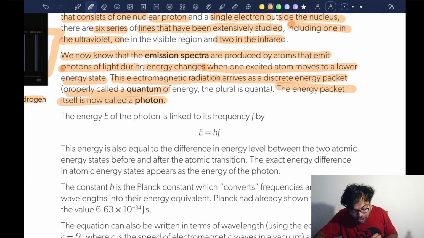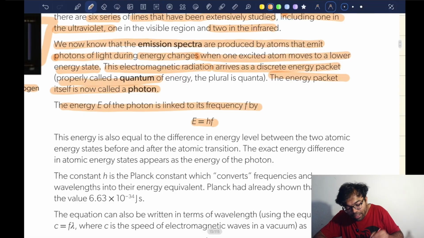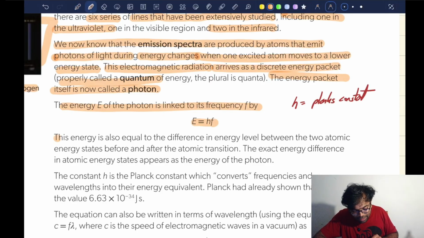Now, the energy of a photon is linked to its frequency by E is equal to h mu, where h is called the Planck's constant. Now, this energy is also equal to the difference in the energy level in the two atomic energy states